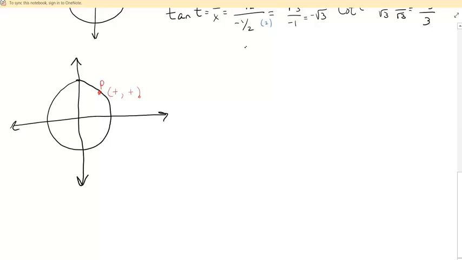Well, think through the 6 trig functions. If the x and y are positive, well, that means sine is positive because that's y. Cosine's positive because that's x. Tan is going to be y over x. Well, positive over positive is a positive. Reciprocals are all going to be positive because the original trig functions are positive. So in quadrant 1, you can say that all